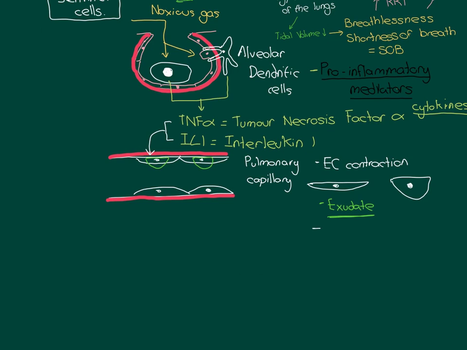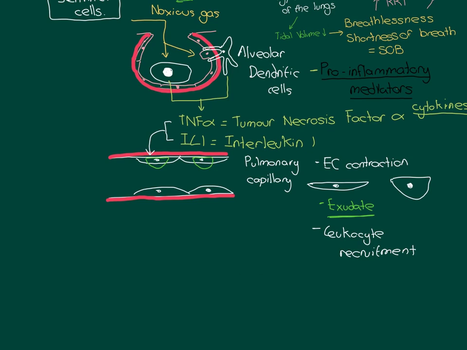The other major behaviour that's going to be induced in the endothelial cells is leukocyte recruitment. So leukocyte is the fancy word for white blood cell. So this means the recruitment of white blood cells. So as I said previously, white blood cells cannot get through the gaps between the endothelial cells even after endothelial cell contraction has occurred. They require help to get through those gaps, and the help comes from the endothelial cells. So the endothelial cells put proteins onto their cell surface that can bind to white blood cells, and once the white blood cells are bound to their surface, they help the white blood cell through the gap.